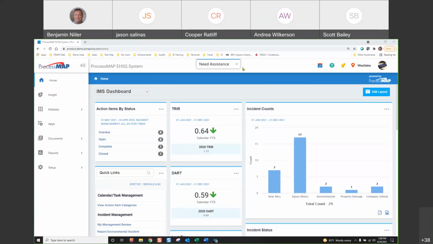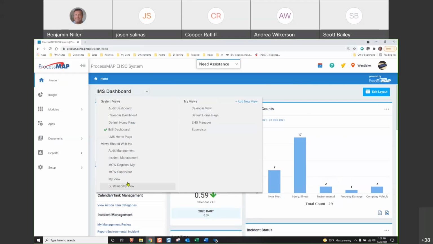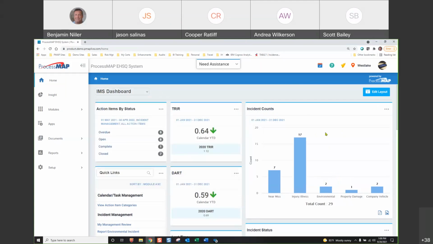All right. So this is our landing page, or this is a landing page that we have. This is our IMS dashboard. You can see here we've got all kinds of different landing pages. This one's built with some metrics that I like to show to get started. And this is one of the areas where we can validate some of our reports as we're going. And if you're wondering what I mean by validate, when you're building a report, or if you're building any kind of diagnostic or any kind of chart or graph, you always want to validate the data that you're presenting to your team, your sponsors, your leadership, your stakeholders